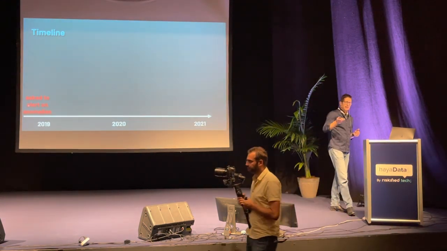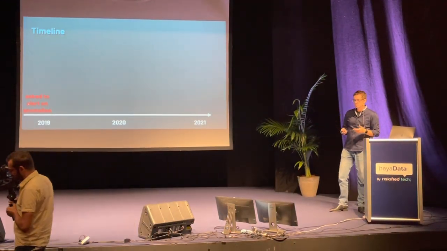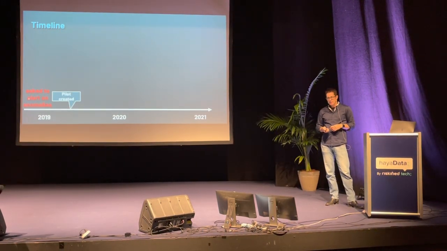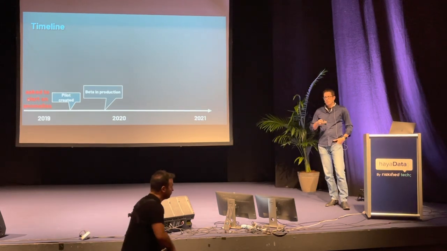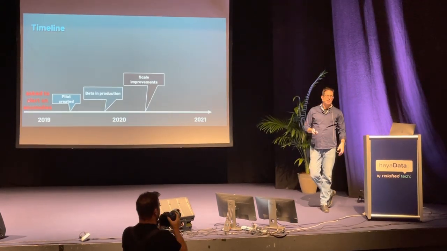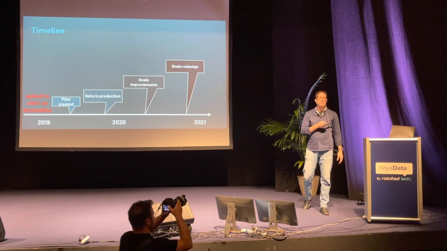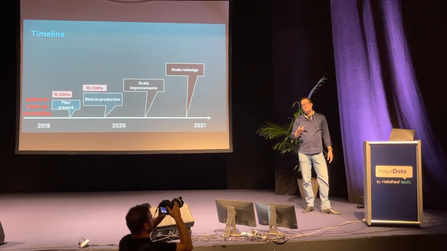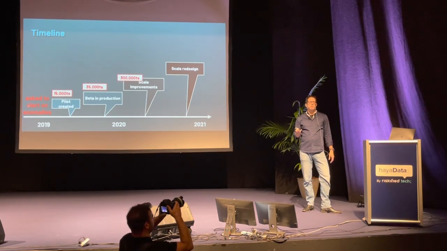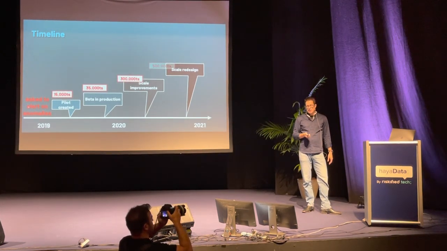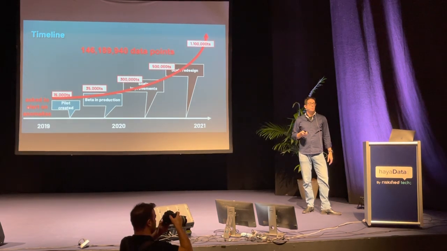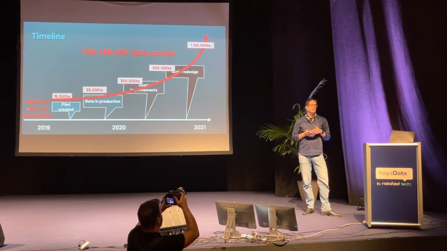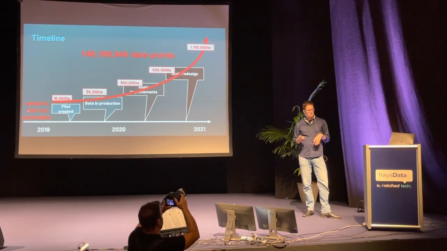So in 2019, we were asked to create some system to alert on these anomalies. We started a pilot, went into beta, then we did some scale improvements, then some more scale improvements and a whole redesign. The reason we had to do all of these is because data basically grew over time. We started out with 15,000 time series, and over time it grew until today it's about 1.1 million time series. And in total we have about 150 million data points within the system.